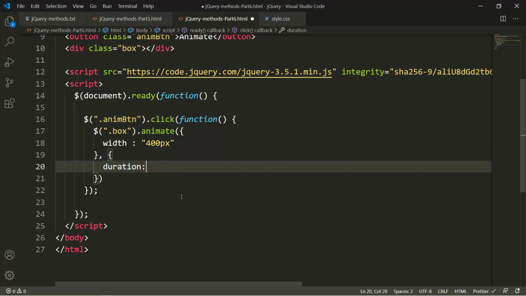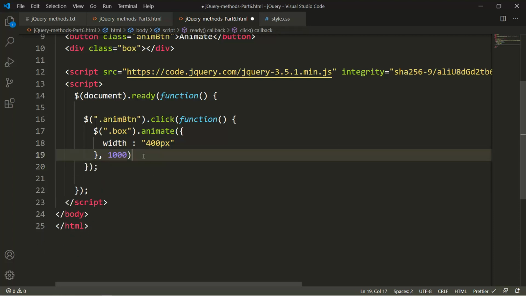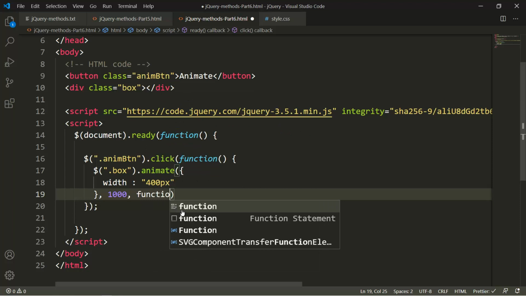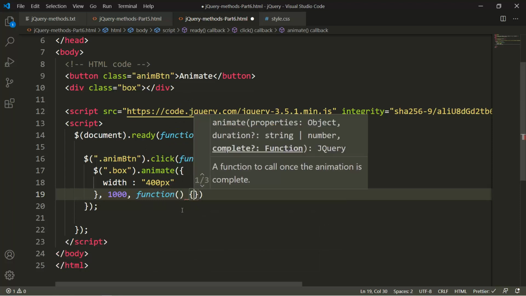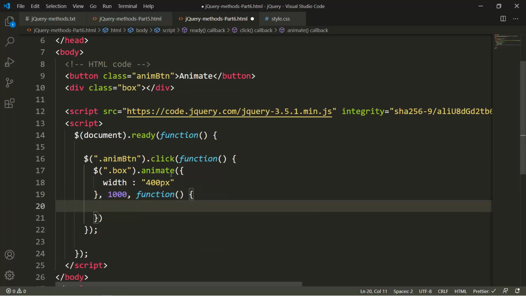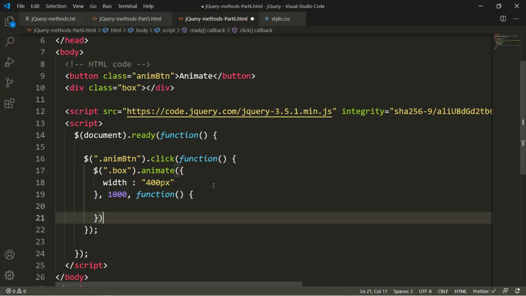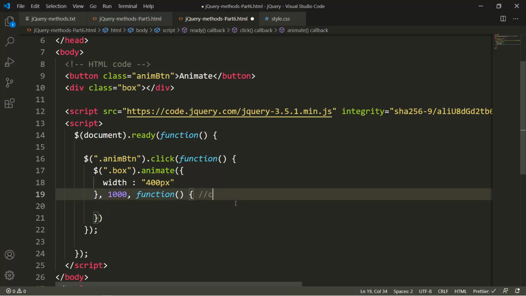I am undoing the changes, and let's say we have 1000. After 1000, what I can do is pass another function. So now animate has three different arguments. One is the CSS property, second is the timer, and the third one is the function. This function that I have written here is actually a callback function.